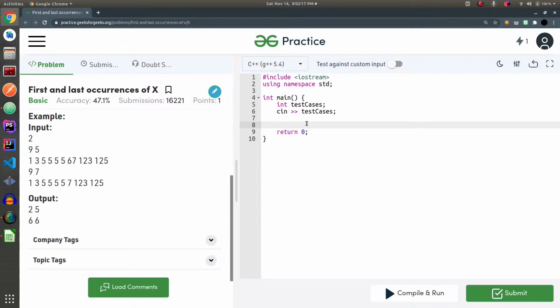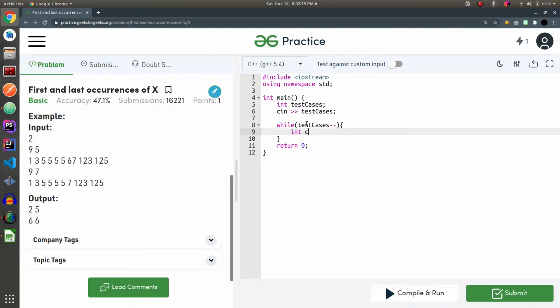Now we have the number of test cases, so we can make use of the for loop to loop through all the test cases while test cases, and inside each test case we would need two variables, one for target and one for the count of array.